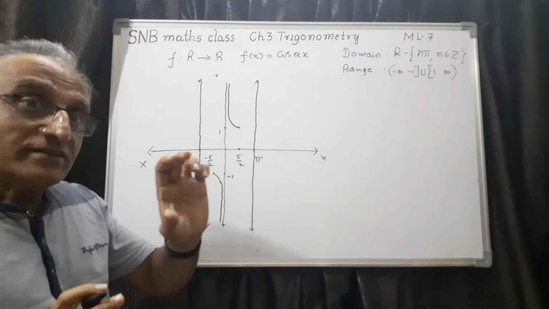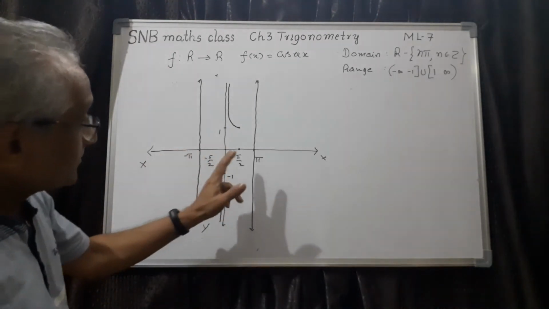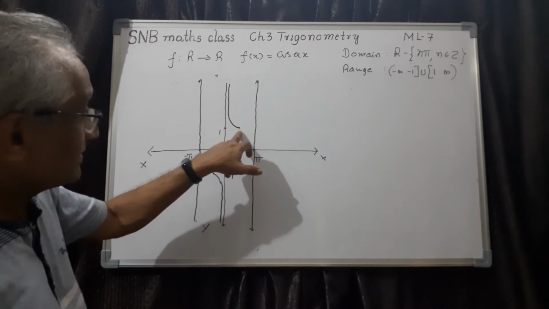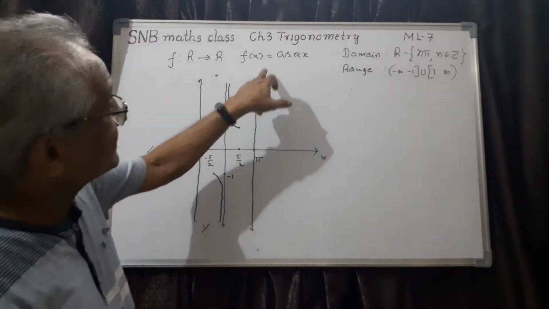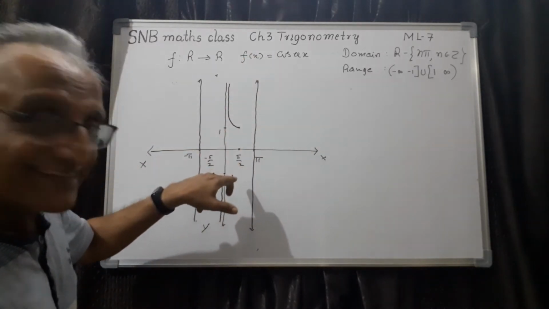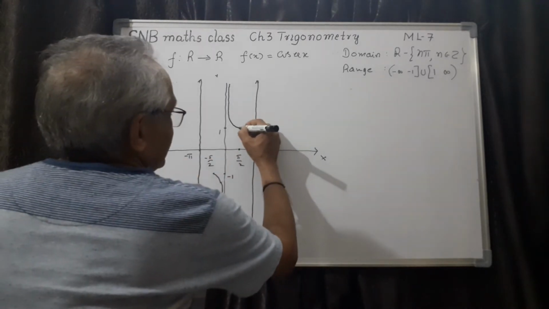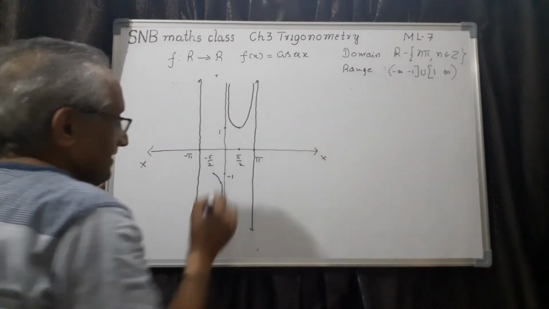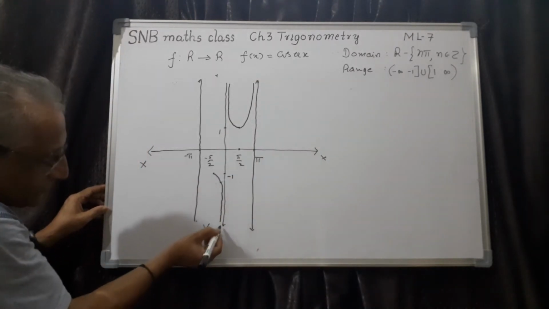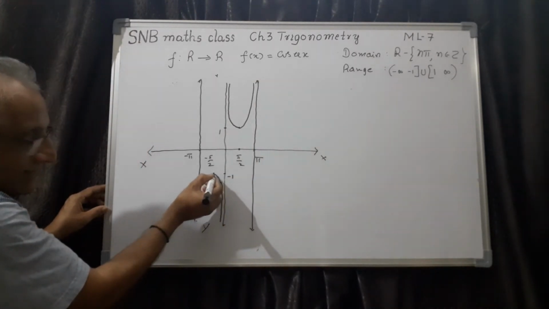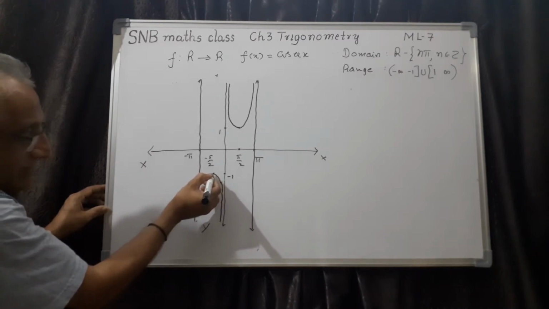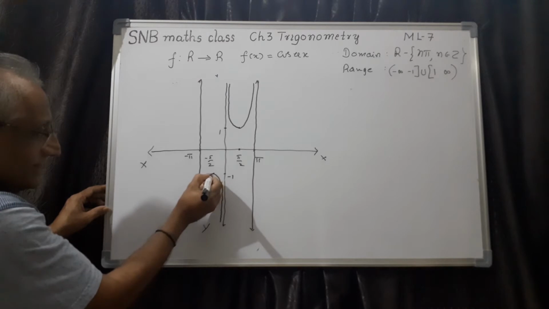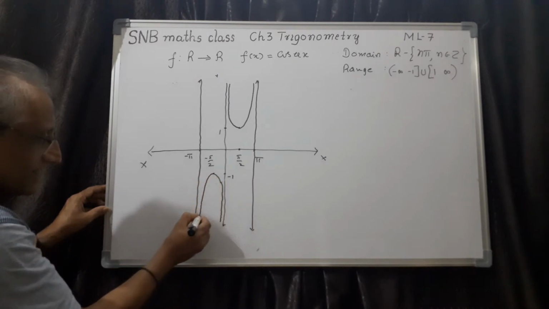But if you are to understand the nature of this curve, you have to take this branch next, pi by 2 to pi. See, at pi by 2 it is 1. Then it keeps on increasing. See, it cannot come this side. So, you can take the values and you can understand this is the curve. And here also same thing. See, it goes like this and up to minus 1. That is the maximum value. Then it cannot go this side. So, it has to reverse its journey like this.